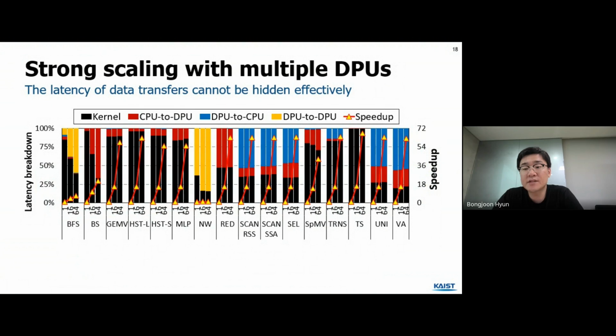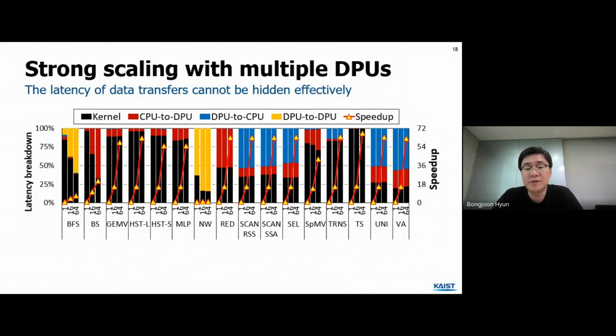We also characterize the PIM benchmark suite under multi-DPU configurations. The x-axis is the benchmark names with 1, 16, and 64 DPUs, and the number of threads per DPU is 16. The left axis shows the latency breakdown of each stage, and the right axis shows the speedup. The portion colored in black shows where the DPUs are running the PIM kernel. All other colors, red, blue, and yellow, are time spent transferring data between CPU to DPU, DPU to CPU,